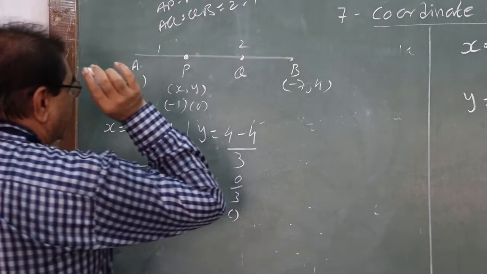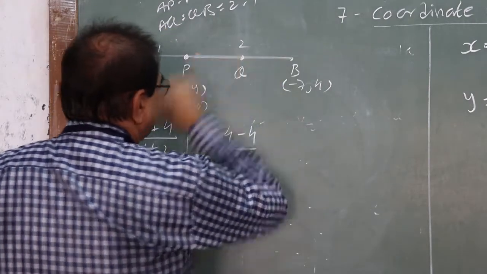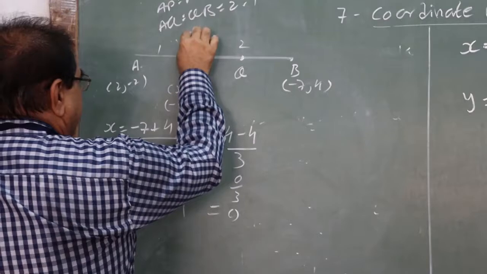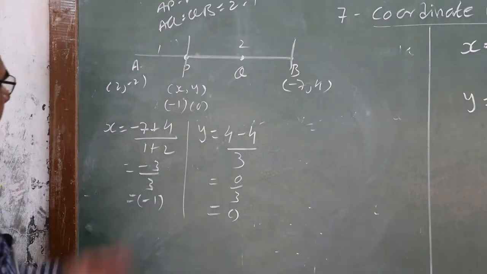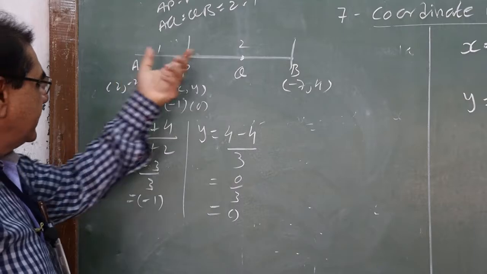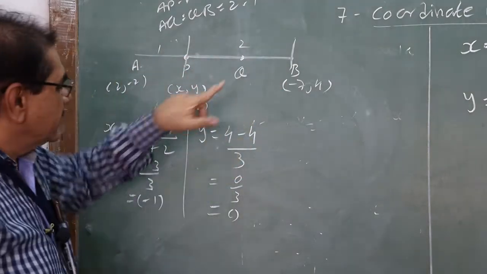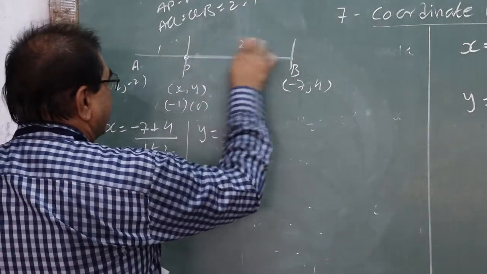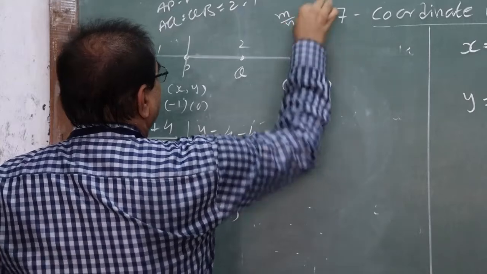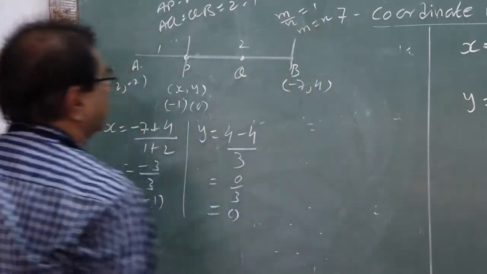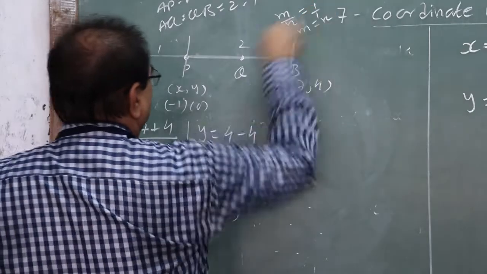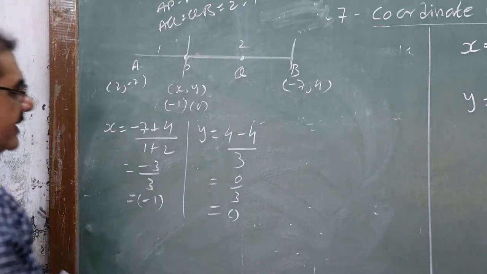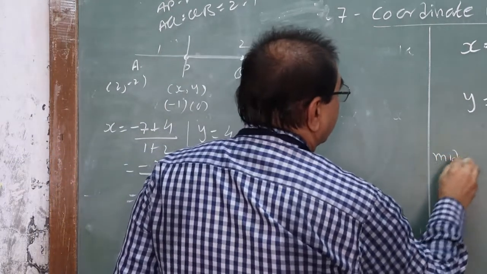Now we want to find out point Q. Now see, one thing, very good important result I give you here. I take this much only, line segment PB. Totally 3 parts, it is 1 part, so these are 2 parts and both the parts are equal. So here Q becomes the midpoint of line segment PB. So if it is midpoint, m is to n is equal to 1. So m is equal to n. Both are equal. So ratio is 1, so it is 1 upon 1.